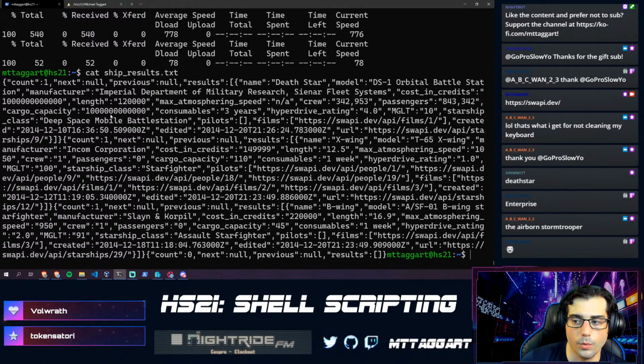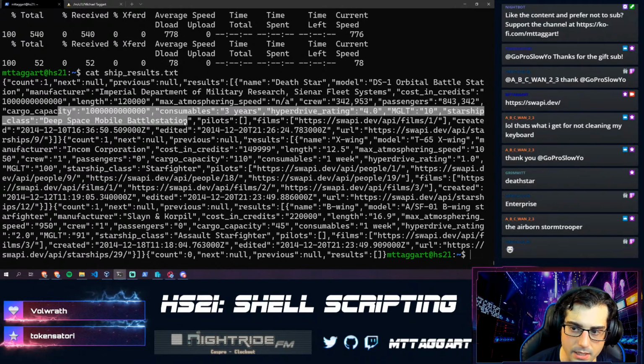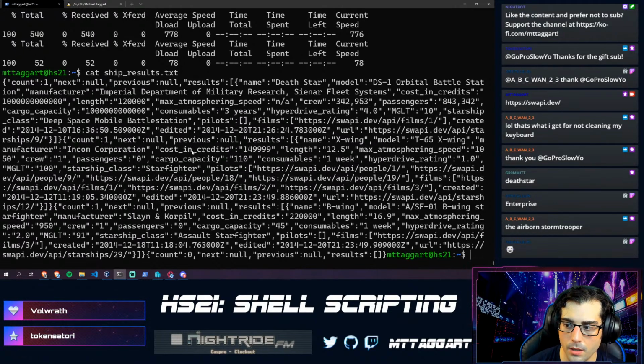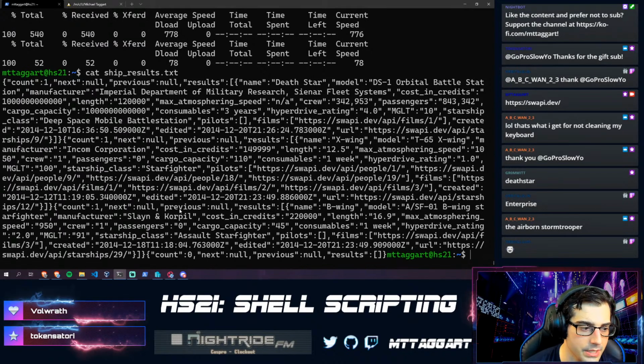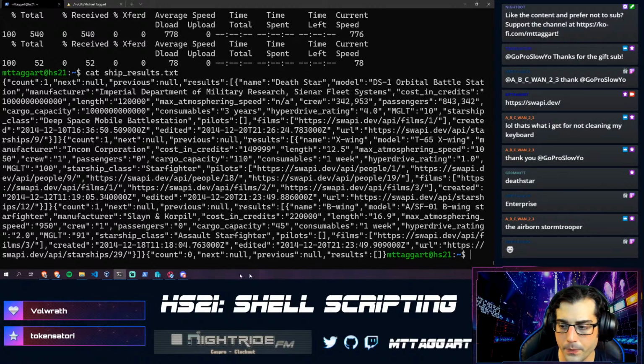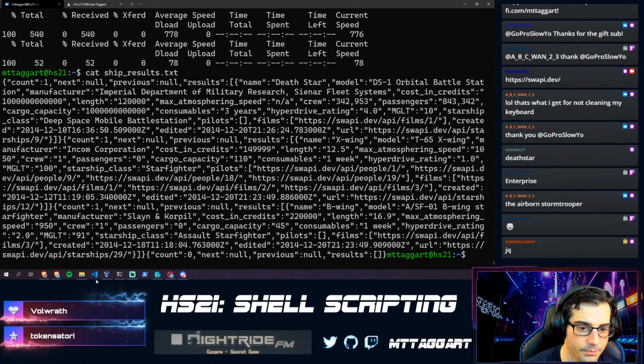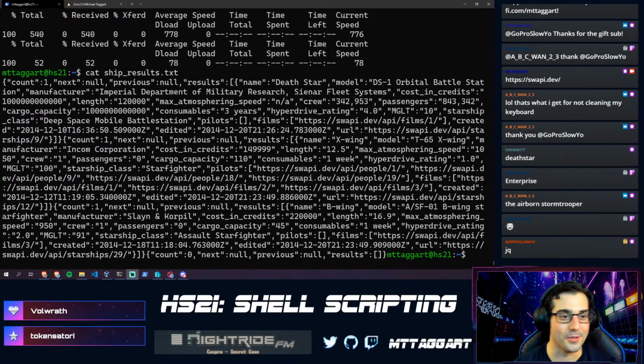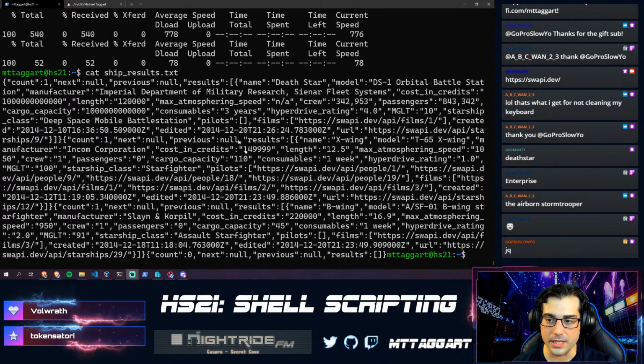But now, what if I wanted to get something specific out of this data? You can see that there's a lot of data in here, but it's JSON formatted, so it might not be the easiest thing in the world to work with. There is a tool that I use on the command line constantly in my day job. Yep, that's right, JQ. That will clean this up for us marvelously.